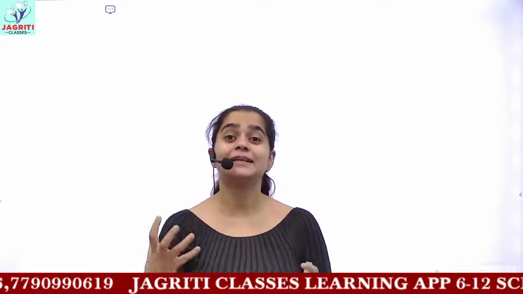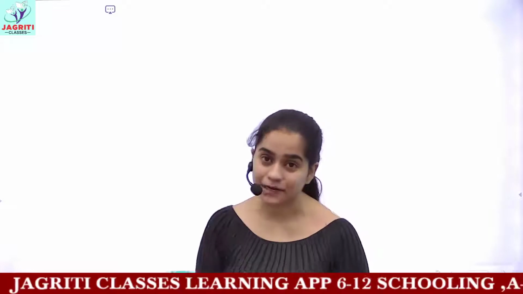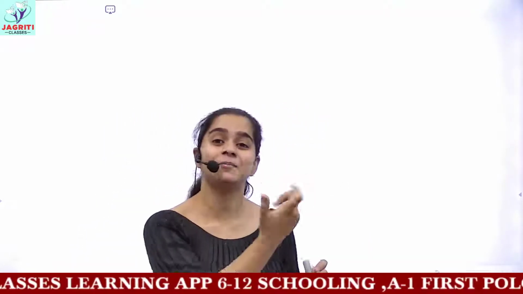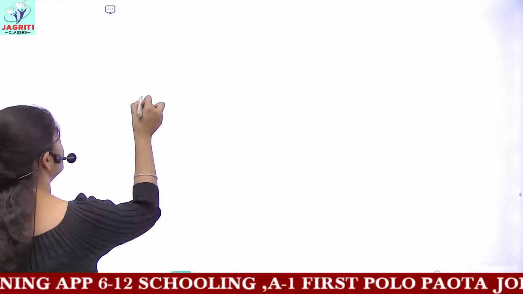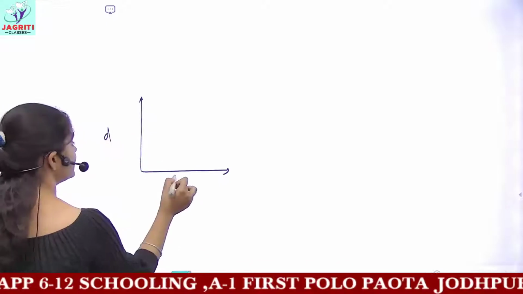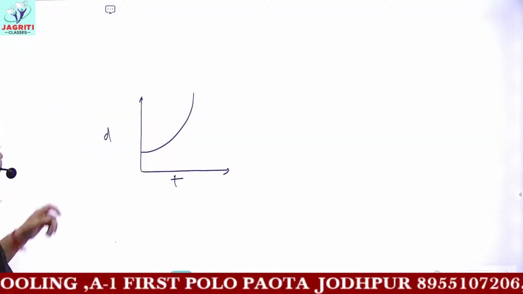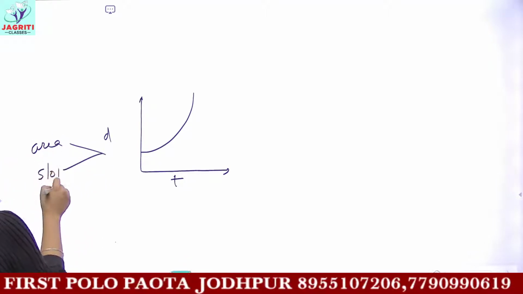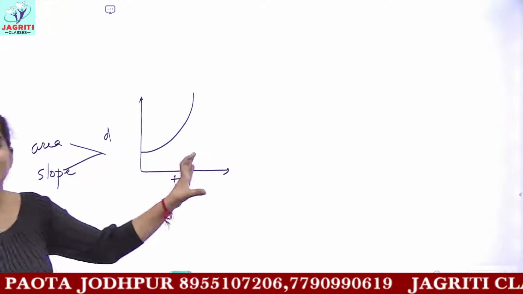What do you understand by the term slope? What do you mean by the term area of the graph? How can you actually find the area of any given graph? The slope and area of different graphs will give you different parameters. For example, if you are given a distance time graph and any curve, and I tell you to find the area of this graph, or to find the slope, whatever you are given in the question, you can solve it accordingly.